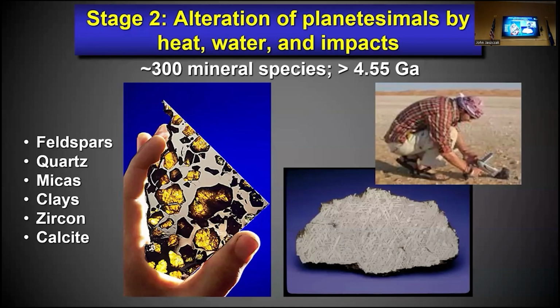Those droplets condense into larger and larger bodies. And you can imagine this big and this big. First, it's electrostatics, but then gravity takes over. 10 kilometers, 50 kilometers, 100 kilometers. And when you get that large, the body starts melting internally from internal heat. And you separate out the metal to make a metal and iron nickel core. You have a silicate magma. You start making new minerals. You have aqueous alteration. You have thermal alteration. You have impacts that create new minerals. About 300 minerals in all.